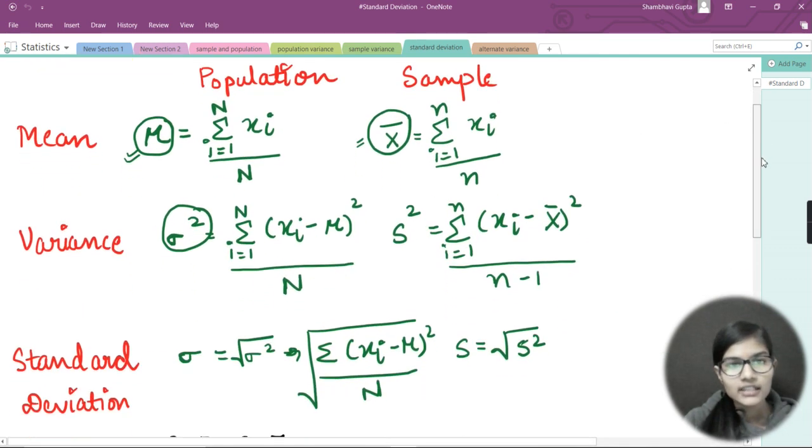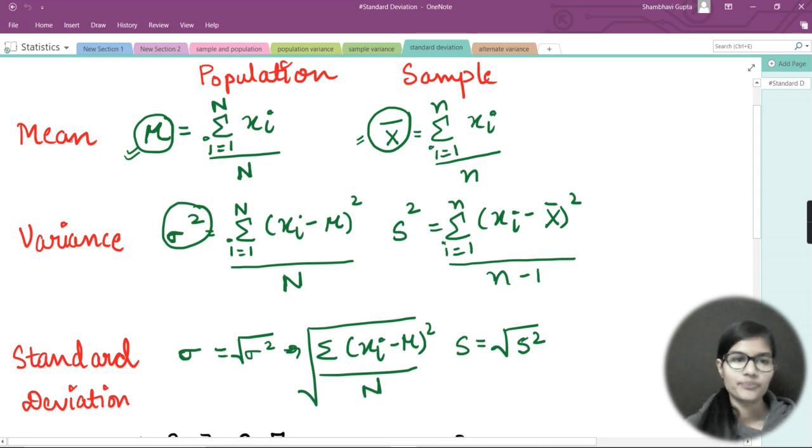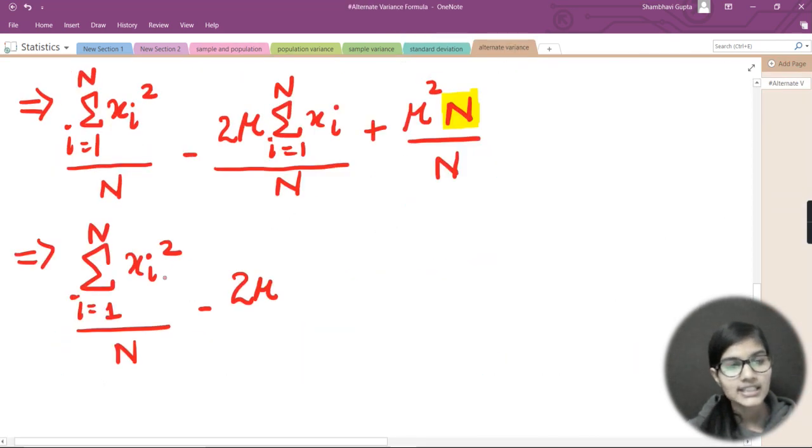Now, let's see the formula for population mean. The formula for population mean is sigma i is equal to 1 to n x of i upon capital N. And what we are writing here is the same thing, right? Sigma i is equal to 1 to n, capital xi upon n. So we can even write this as mu, right? So I can simply put a multiplication sign here and I can simply write this mu here.